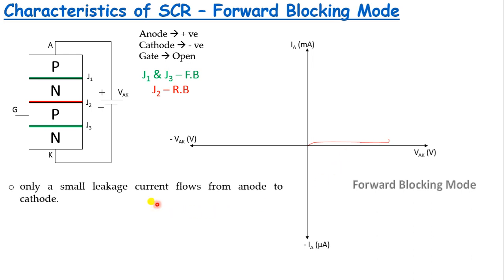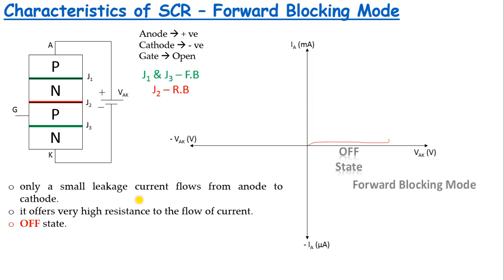So you can say only a small leakage current flows from anode to cathode, indicated by this region. Otherwise you can say it offers very high resistance to the flow of current because of this reverse biased junction J2, and at this point we can say the SCR is in off state,